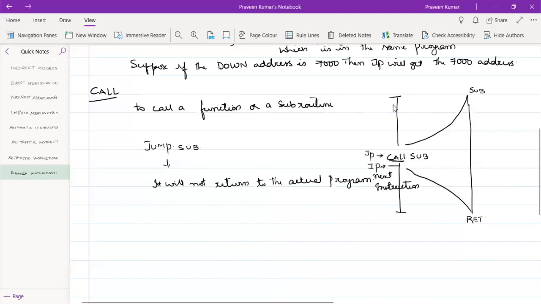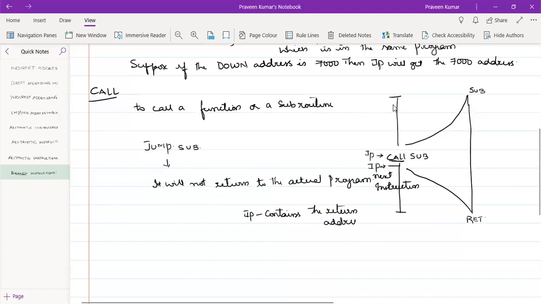So even the processor does know that we have to come back to the actual program. So here now, what is happening? IP contains the return address.